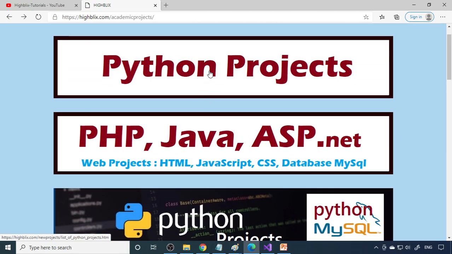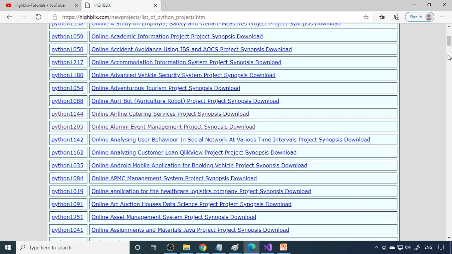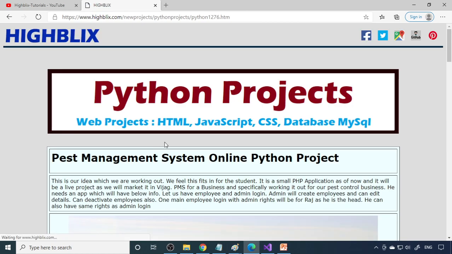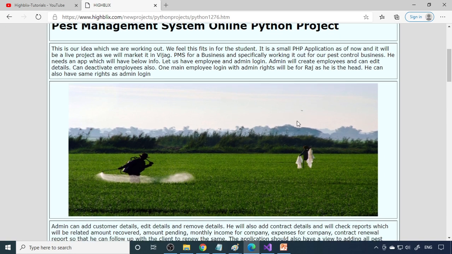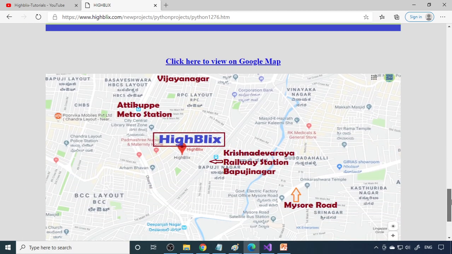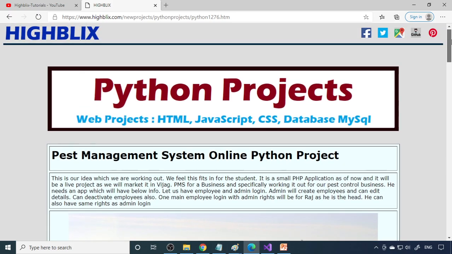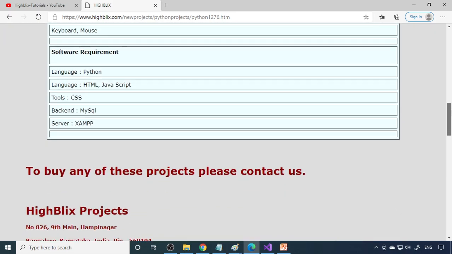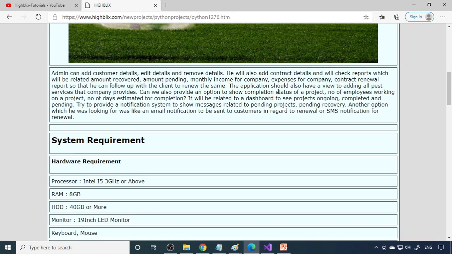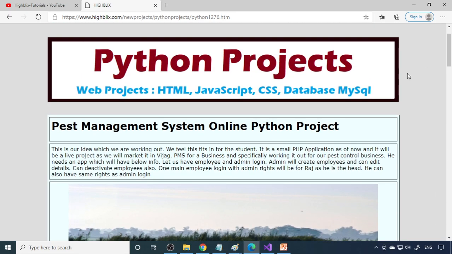And also if you want Python related projects, you can see that we listed many projects over here. And if you want to know what exactly this project will do, we have an explanation over here. What this project is, what we can do in this, all is provided there. And if you want any projects, you can also contact us. We can get you the projects at competitive pricing. So if you are looking for some project, let me know.